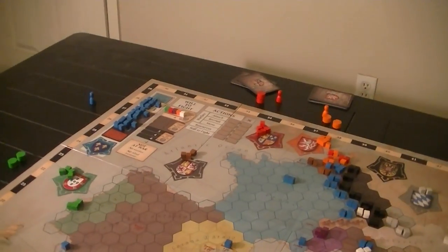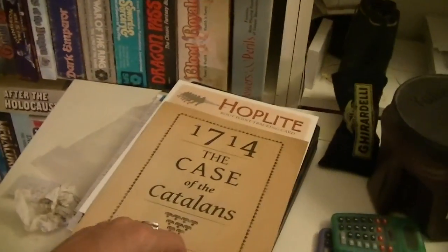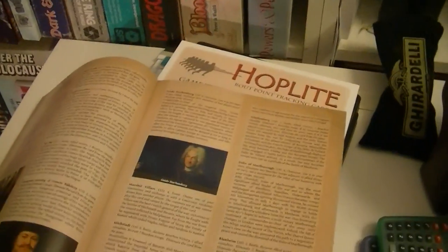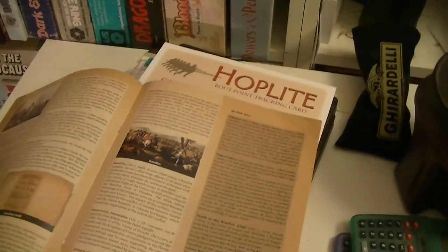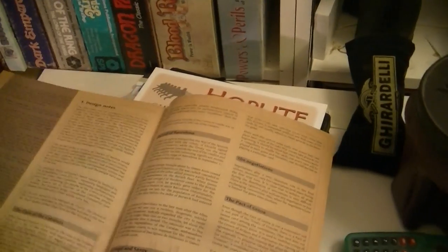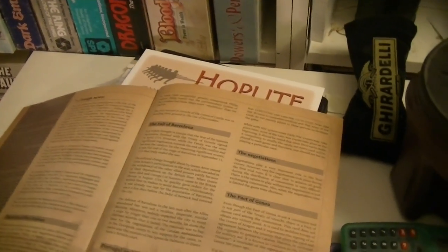Now obviously, I'm going to be playing for the first time and not used to the cards. They are cataloged in the historical notes booklet, which unfortunately isn't really that much about notes and is more, there's historical notes on a per card basis, but there's not really much in terms of